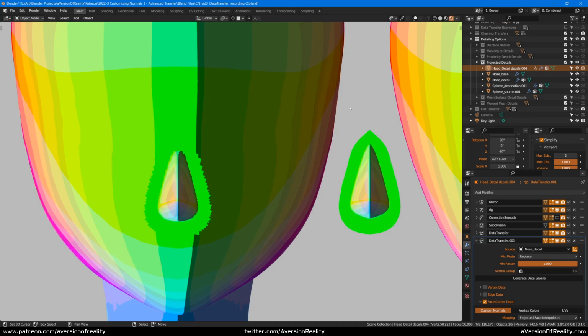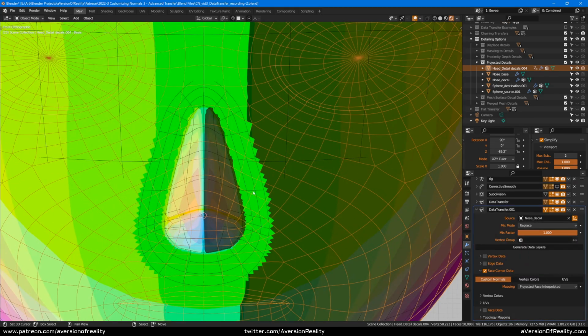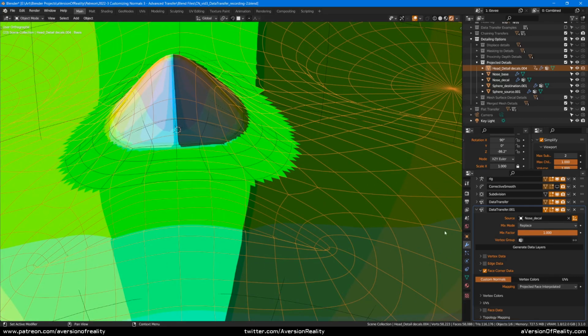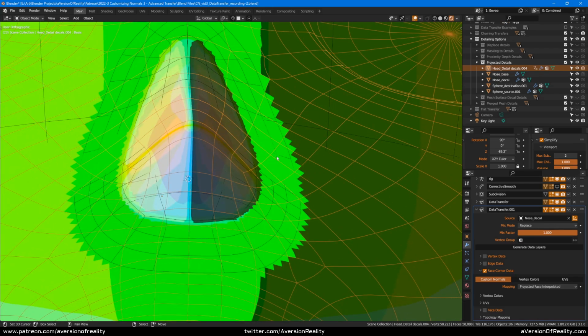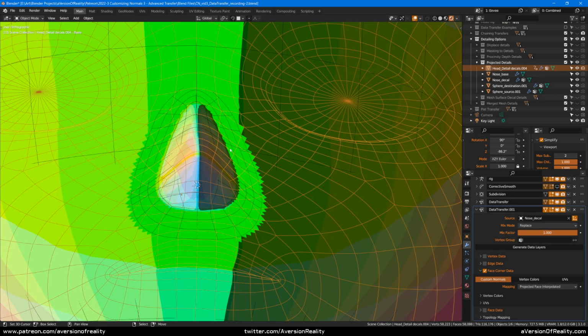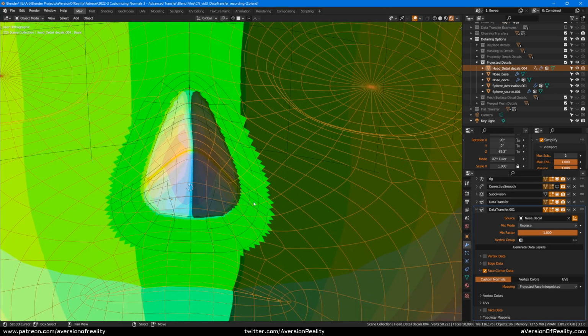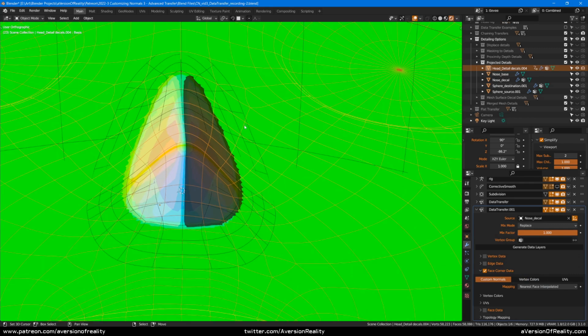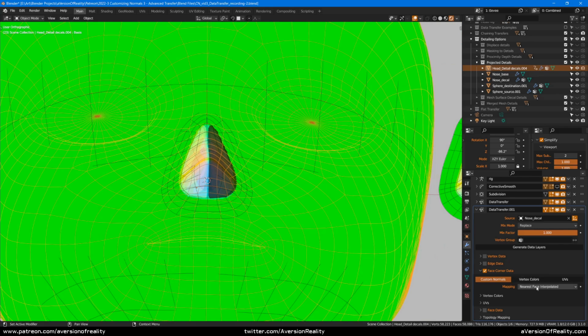Until we get here. We've got a couple different problems. First, we have this big area that's like cut out of the shading, and that's happening because we're using projected. And you may remember from the previous video that projected only affects faces that line up with it normal-wise. So all these faces, when you project from the normals, they aren't hitting it. So the ones under it are getting its normals instead of the sphere. And if we switched it to nearest face interpolated, then all of the rest of the mesh that isn't under it will still get the value of whatever face is closest, which is probably these outer edges. So that's no good because it wipes out our sphere normals.